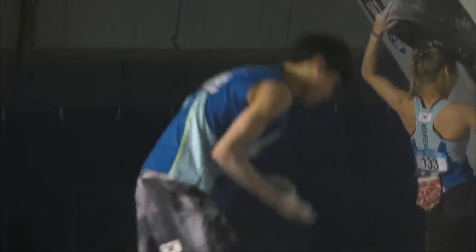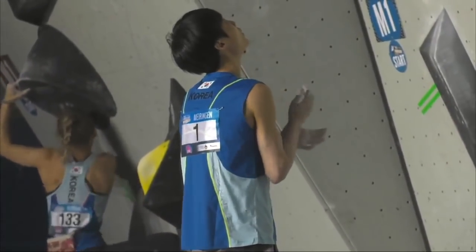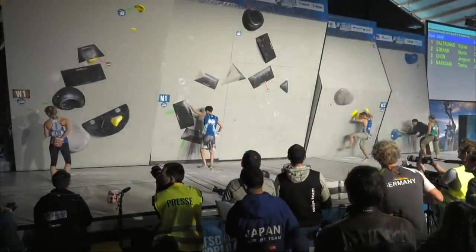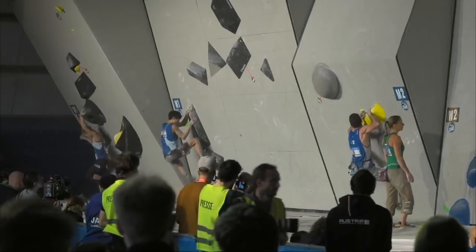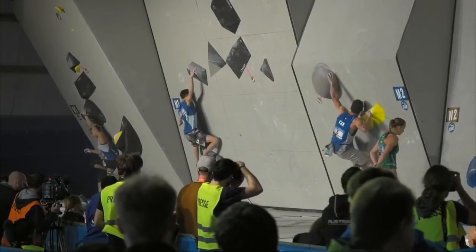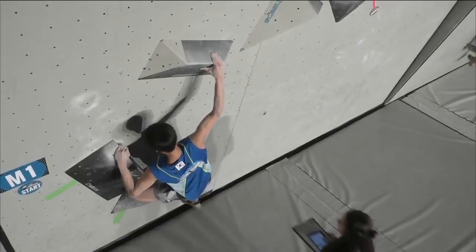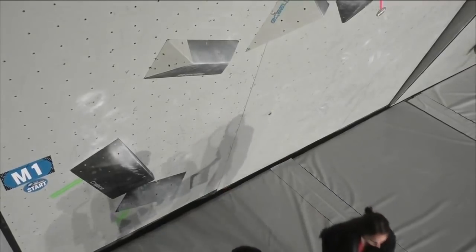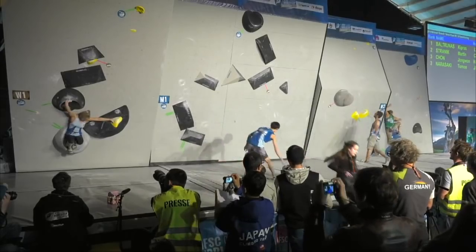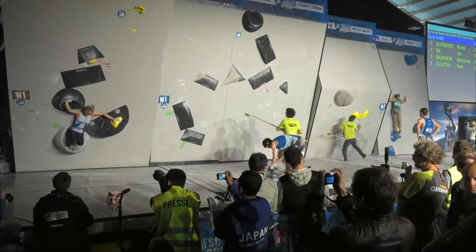caught out. But as I say, last season, first couple of events, he was there or thereabouts, but I don't think anyone really had him down as a potential winner. And then he was on a rampage the second two-thirds of the season. Looked like he was just getting his groove going early on and just caught the groove train the rest of the season. It's an interesting thing to think about, really, because this Boulder World Cup